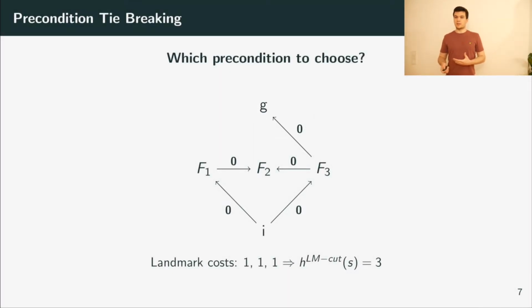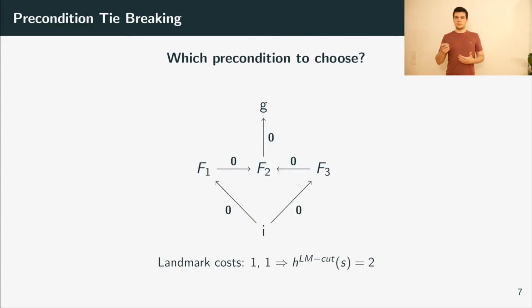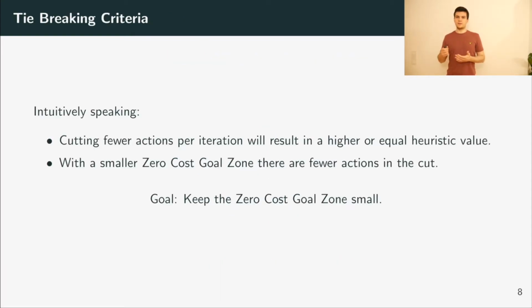But now our lm_cut value is actually 3, whereas before, when you recall this example, we have ended up with an lm_cut value of 2. So indeed it matters which precondition we choose, but how do we determine automatically which precondition is more attractive to choose? Well, intuitively speaking, my idea was that when we cut fewer actions, we will probably result in a higher